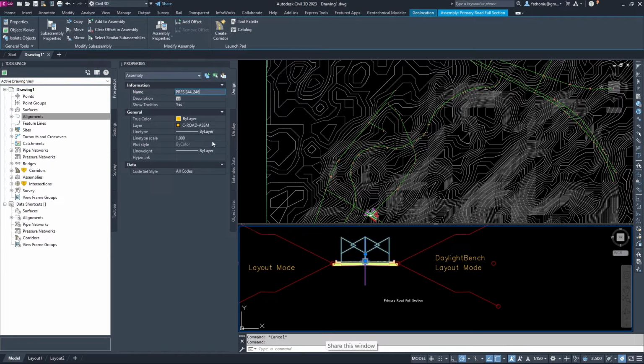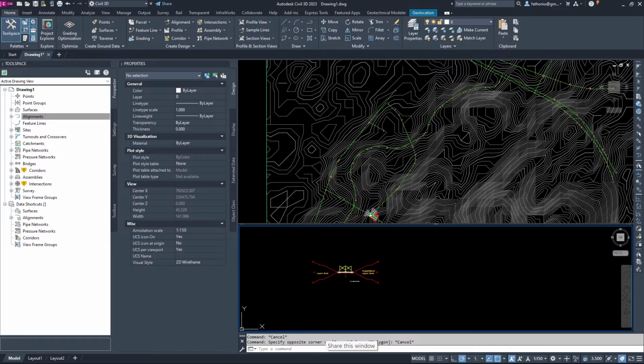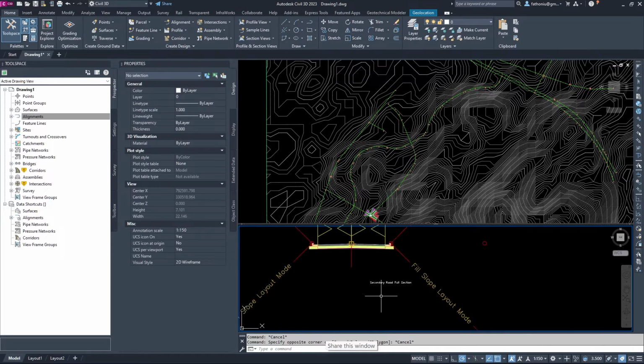So it's a premier route full assembly, full sub assembly. Description, if you want to add some description, it's okay, you can add it. And then after that, this secondary road full section.